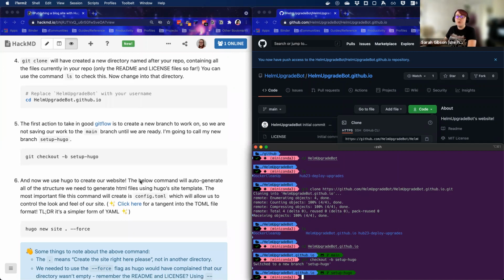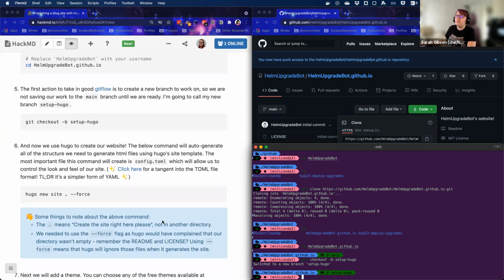And now this is the point where we get to create our website. This will be the first time we use the Hugo command, and it has a built-in template for creating a new site. And that is hugo new site. I'm going to put a full stop to say I want you to create this new site right where I am now. And I need to use the force flag